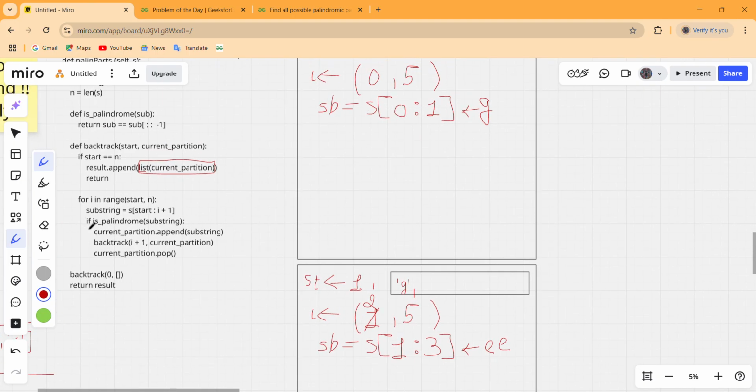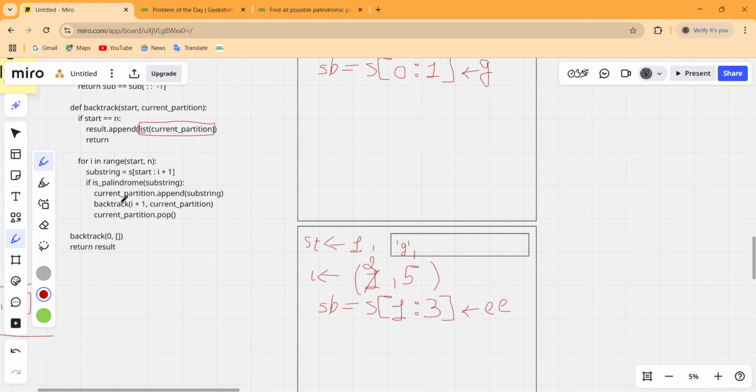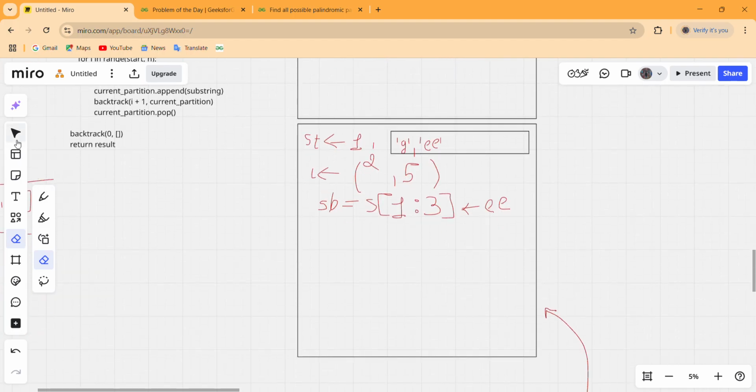and when it checks whether it is a palindrome or not, we can clearly see that this is a palindrome, so this if is true this time, so we have to append this in our substring, so this is EE. After that we have to again call our function for I plus 1. This time our I is 2. Our current I is 2. So let us call our function